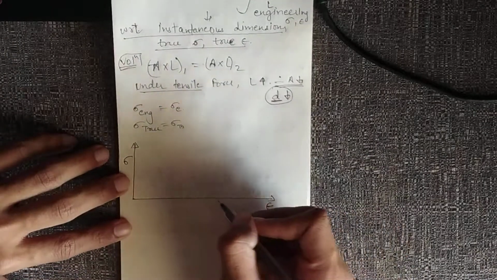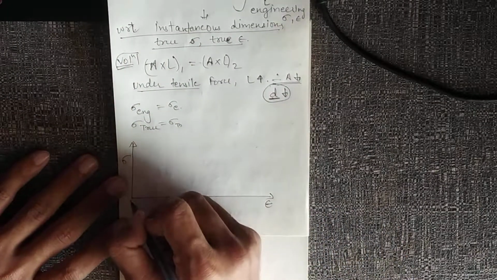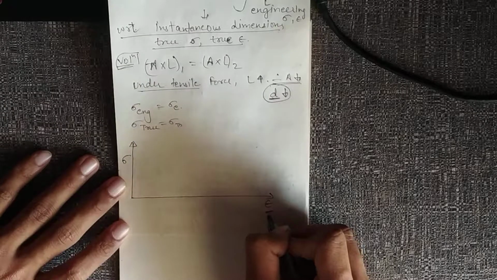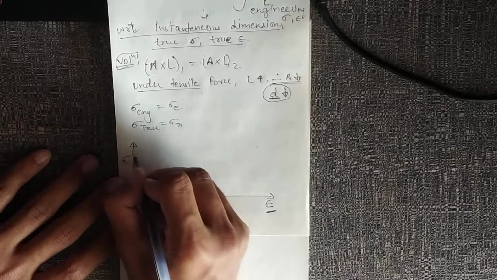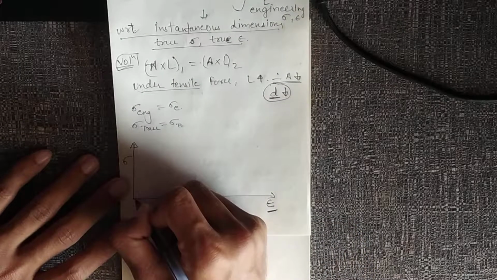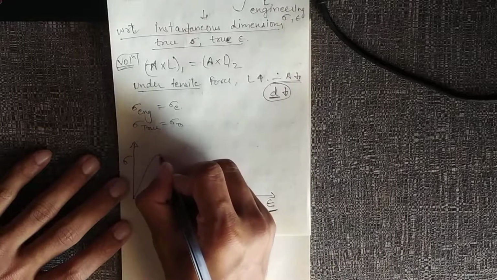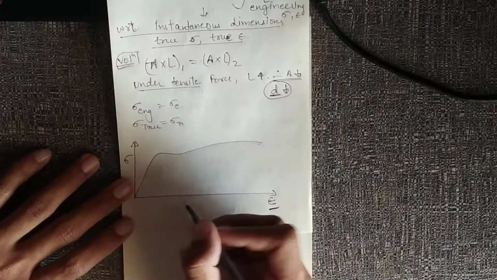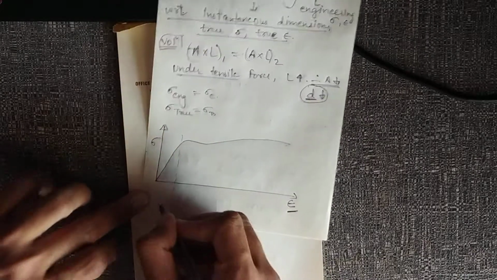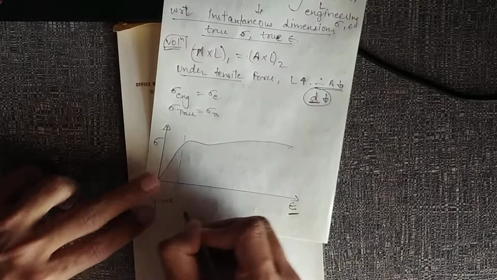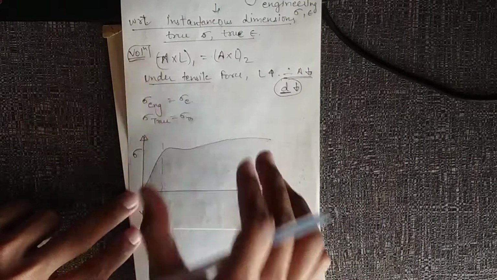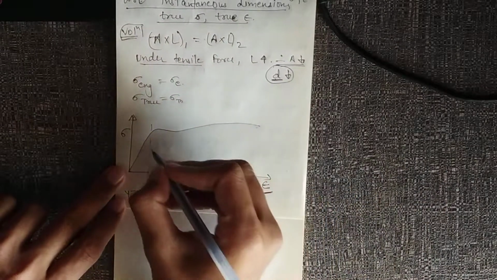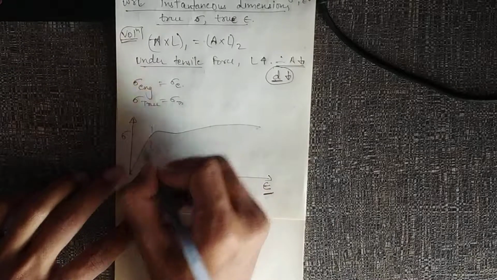As we apply force, we will have a change in dimensions, and since we can easily measure the change in length, we have kept the strain on the x-axis and the stress on the y-axis. So for common materials it looks like this. Till a portion, it's a straight line, y = mx, and after that it follows some complex curve, and that complexity depends on the material, but there are some important points on this curve.